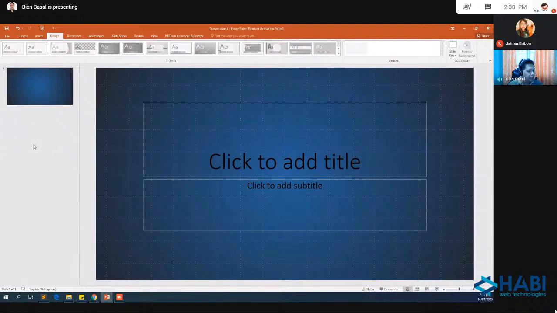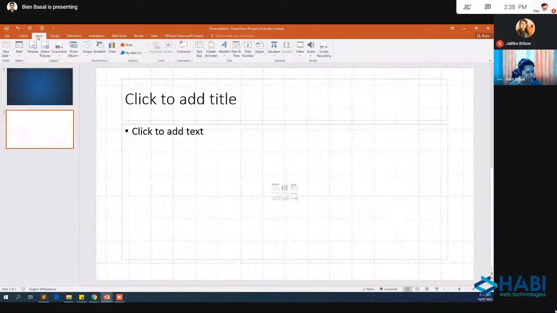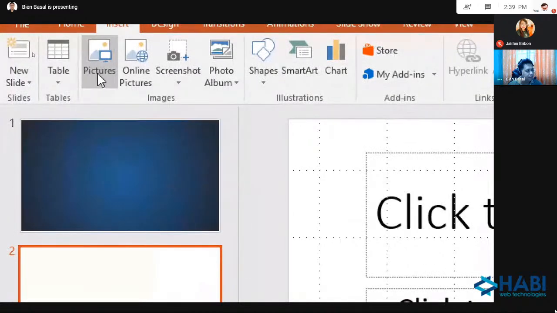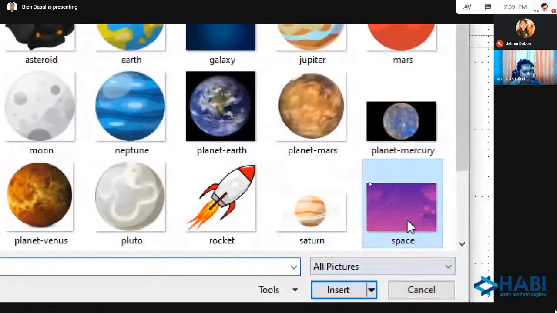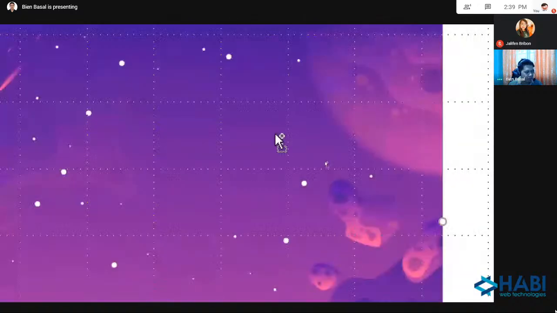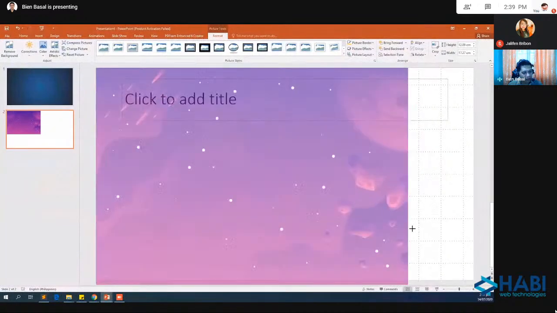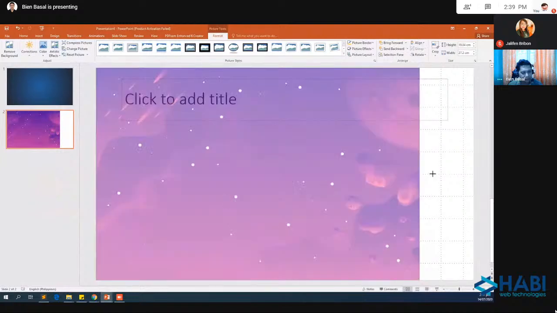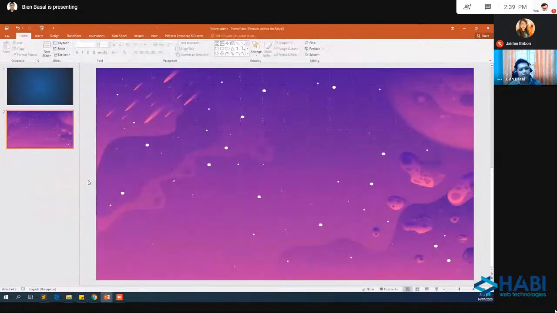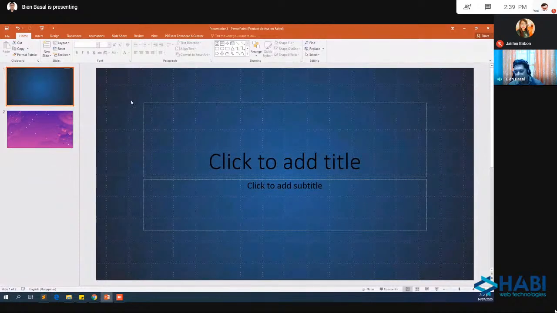Move, insert slide. And I will insert picture. And I will select again itong aking space na picture and insert. And I will move po ito para ma-resize ko lang siya kunwari ng ganyan. Yan. Background po siya pero in-insert ko po. Okay? So yun. I'm just showing you your options kung paano po kayo maglalagay po ng background. Okay? We have image here and we have sa first slide gradient.